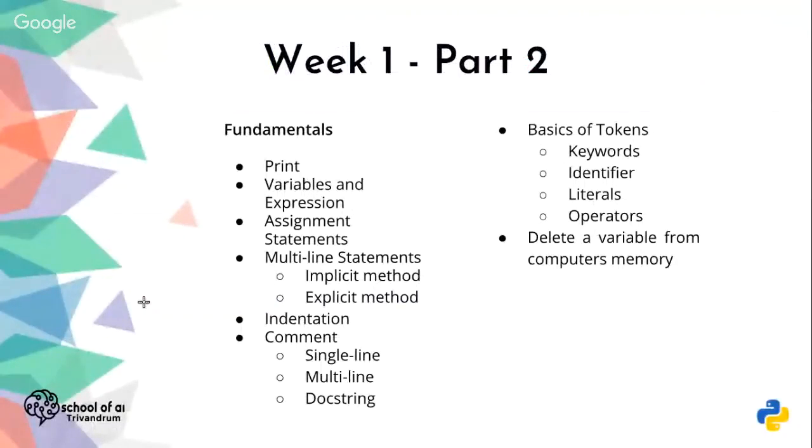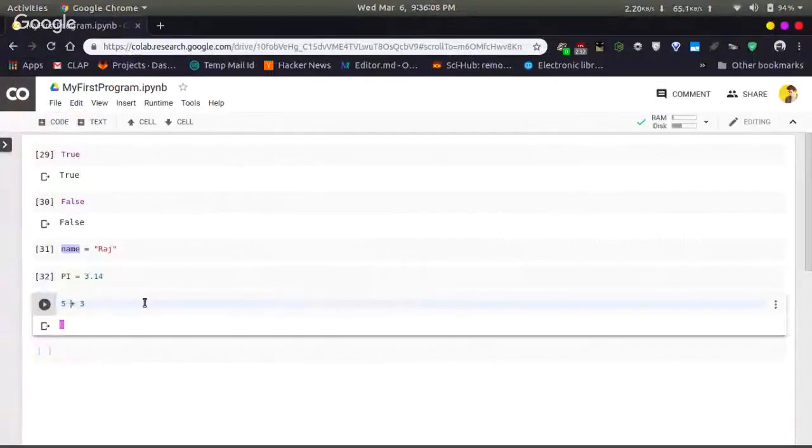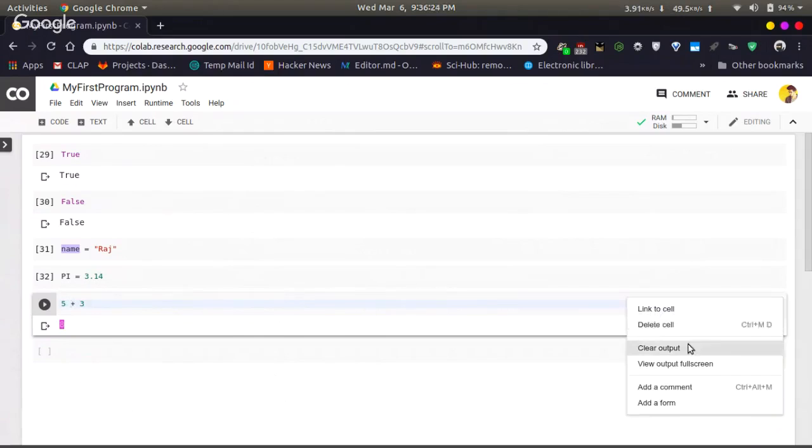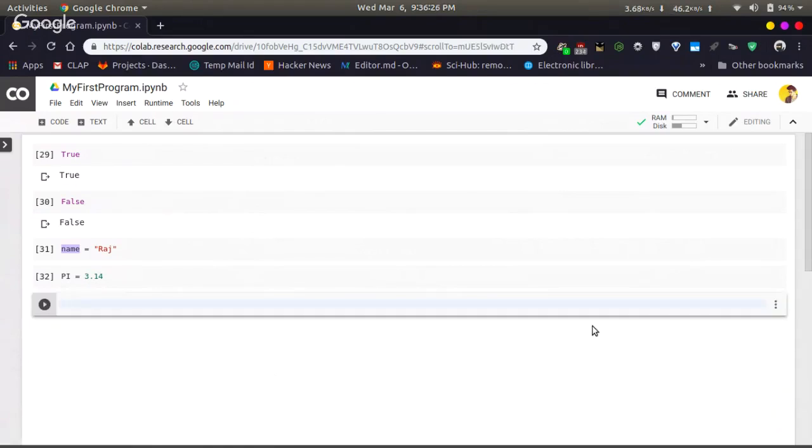Now, remember this notebook, right? When Ashwin was taking this session, he was using the same notebook. He had declared some variables A, B, C, right? But I have deleted the cell. Deleting this cell doesn't mean that the variable is removed from the memory.